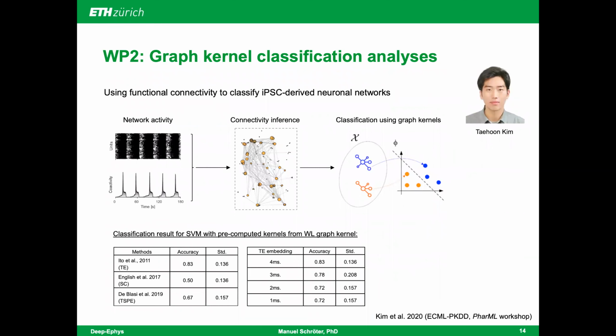Darren Kim, another PhD student from our group, probed whether the functional connectivity of iPSC-derived neuronal networks could be used to classify the aforementioned 2 cell lines. He therefore used the spike-sorted network activity of healthy and A53T dopaminergic neurons, and then inferred the all-to-all functional connectivity between neurons using a range of publicly available methods. In the next step, he used graph kernels to train a support vector machine classifier in order to understand which connectivity inference method and which parameters were most discriminative.